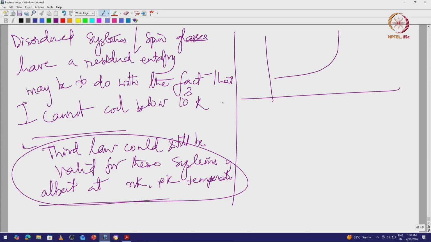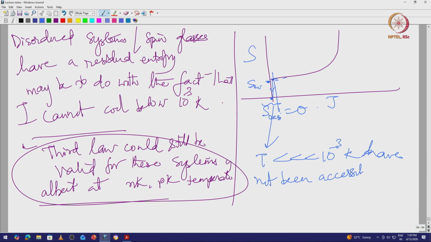low temperatures, okay. So it can so happen that I have a residual entropy which is coming like this. I am not going all the way to 0 Kelvin, but I am extrapolating and saying that there is a residual entropy. But it is always possible that this can go like this, so your residual entropy can still be 0. It is just that these low temperatures, less than 10⁻³ Kelvin, in this plot of temperature versus S, have not been